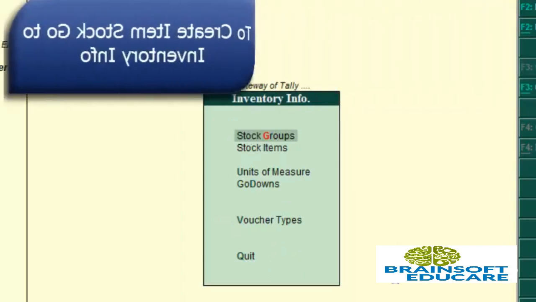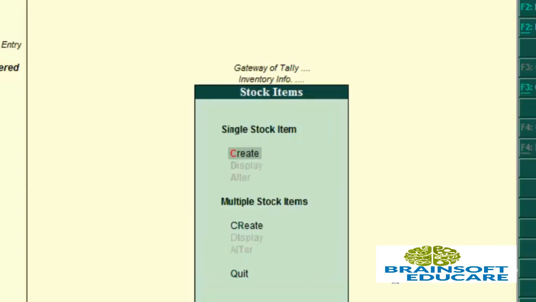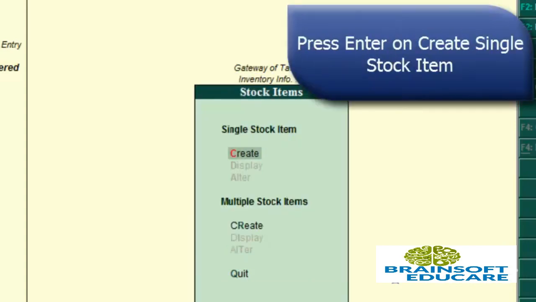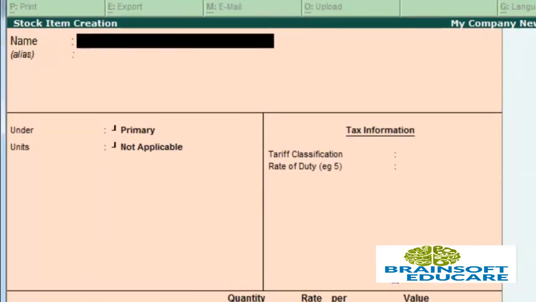After going to the inventory info, enter into the stock items to create stock items, select single stock item and create single stock item. Now you can also create stock items in two modes, simple mode and advanced mode. Currently we are creating items in the normal mode. So first give the name of the item, which is raw material